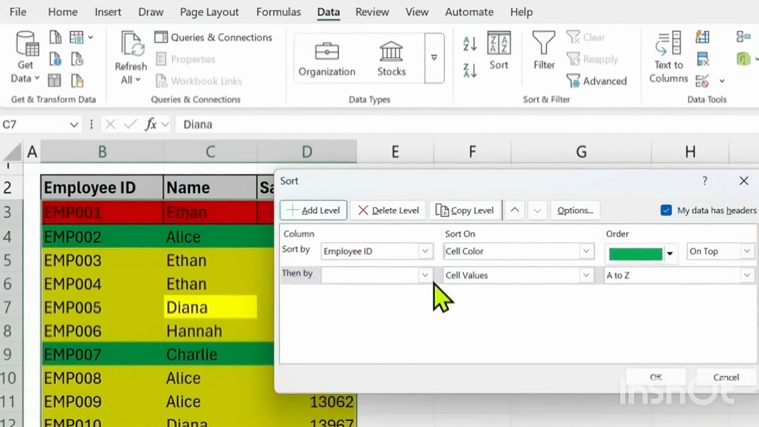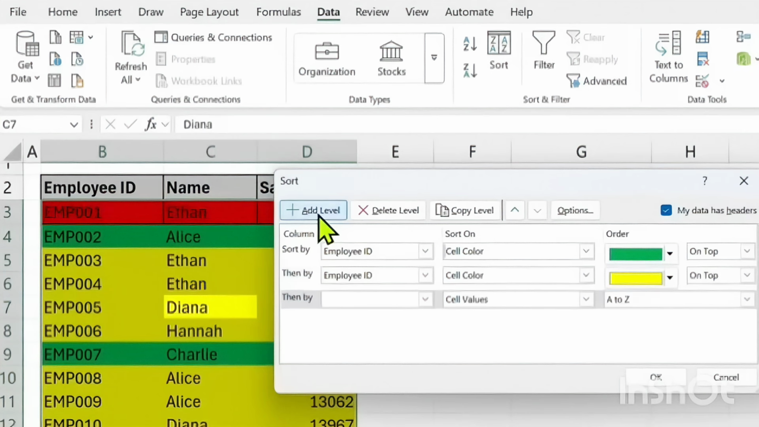Here, it shows then by, that means, after sorting the data based on the first row condition, what would be the second sorting condition? I will select Employee ID again, then Cell Color for Sort On, then in Order List, I will select yellow color, because I want yellow color to be second in my sorted list. Since we have only 3 colors, this should be enough for our sorting, but let me add third condition row as well. For that, I will click on Add Level, and then select Employee ID again, then Cell Color, and